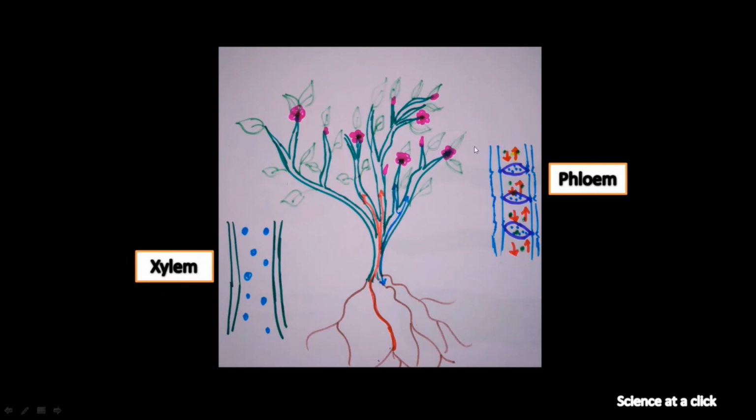Okay. So after the substances are produced, they have to be transferred to the different parts, right? So the phloem will help in conduction of this food material from the leaf to the stem, then also sometimes to the root, then the flowers. So this function of transferring the food materials from the leaves to the other parts is done by the phloem. And the conduction of water from the roots to different parts is done by xylem. So this is the basic about the transportation. You have to remember this. If you remember this, it will be easier for you all to understand the functions of each and different types of cells. I hope you have understood my explanation.